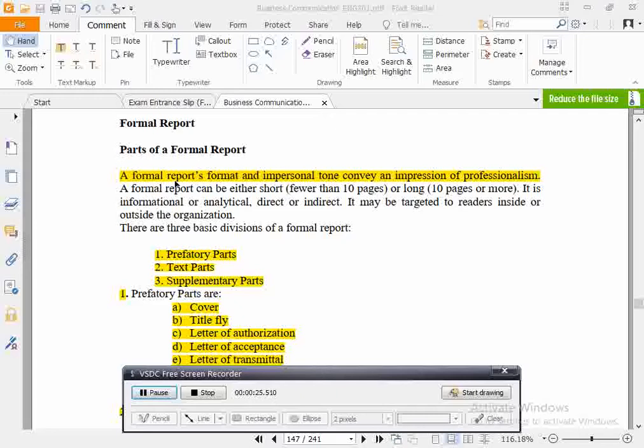Formal reports format is impersonal tone, conveying an impression of professionalism. Basic divisions of formal reports: prefatory parts,